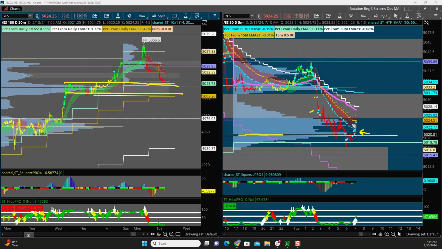So the way I'm looking to trade this for the bullish trade is, say this holds, I want us to get back above VWAP, which is this pink line, and back above this 30-minute 21 EMA. So it comes out, it's going to rally, it's going to be a big old spike in one direction or the other, right? I want it to spike, it'll probably come up to here, and then I want it to pull back, and at that moment, look for the 30-minute 21 EMA, potentially even VWAP, to be about right there. And then I would want to buy that dip and then just play it to the upside.